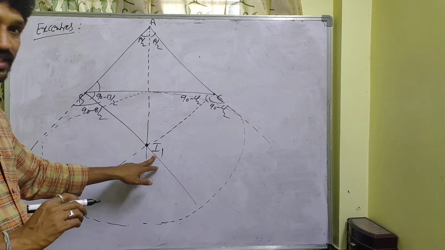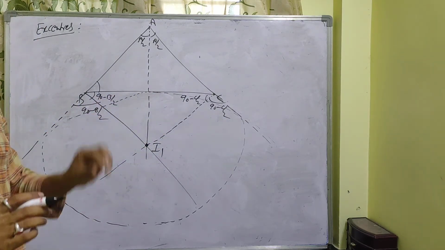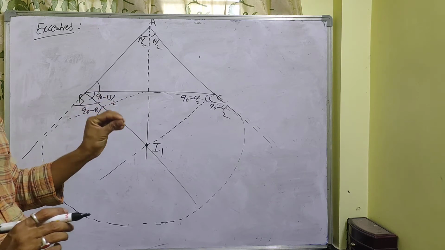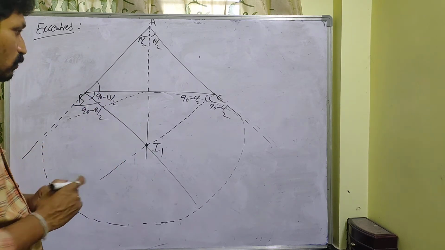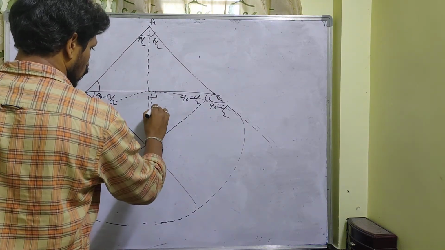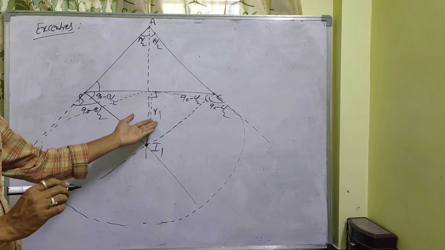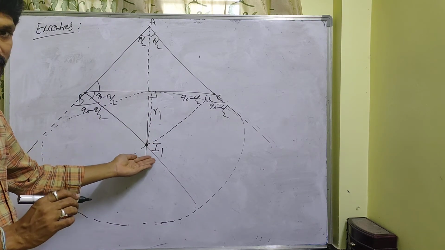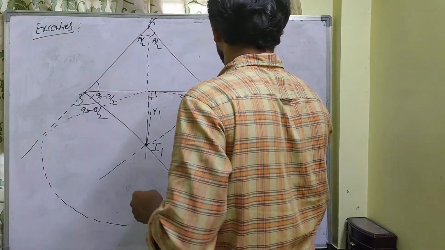I1 is equidistant from the 3 sides. That equidistant fixed constant is called the exradius, denoted with R1. So suppose if it is 90 degrees, this is R1. So the exradius whose excenter is I1 is R1. Similarly, we can make this side also.